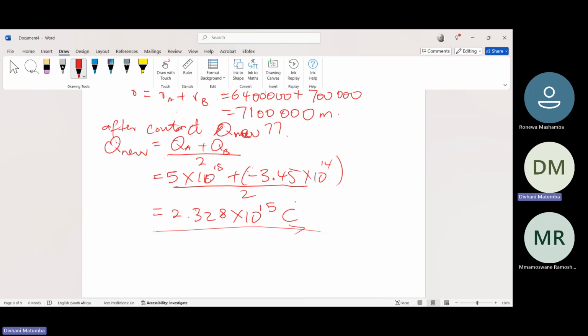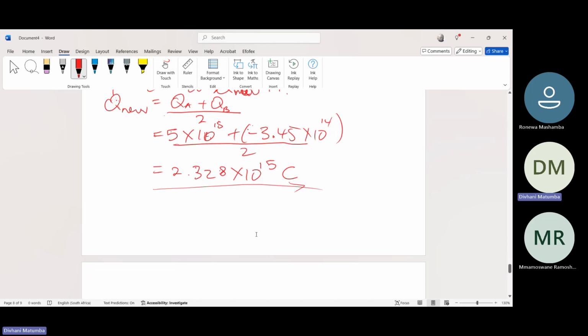So now I want to draw a new free body diagram, because after a small separation, if we're assuming that just after the collision there'll be a small separation, each sphere will have that amount of charge. Now, the new free body diagram will be different from the first one. So, sphere A,